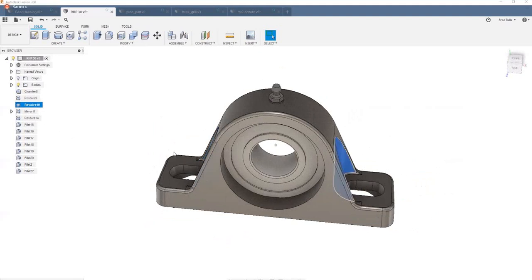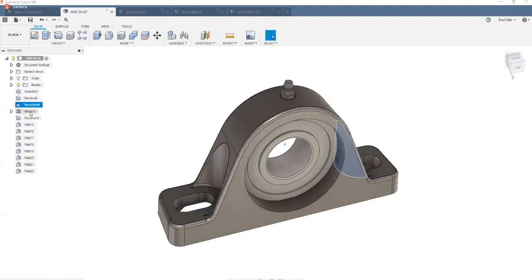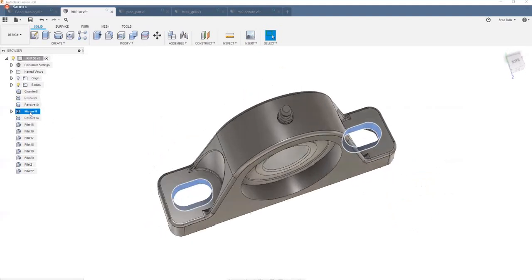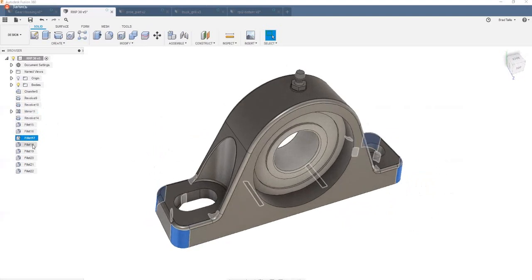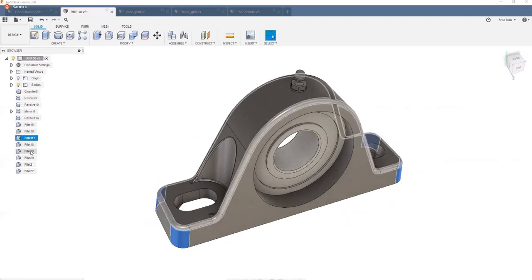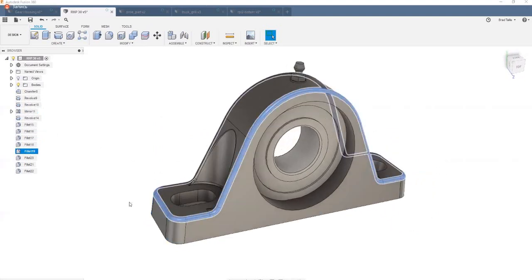Maybe they were created with some revolve shapes. It figured out these slots are mirrors of each other. A bunch of different fillets. Okay, there's the corner fillets. And as I keep going through, I can see, look, fillet 19 actually goes all the way around the